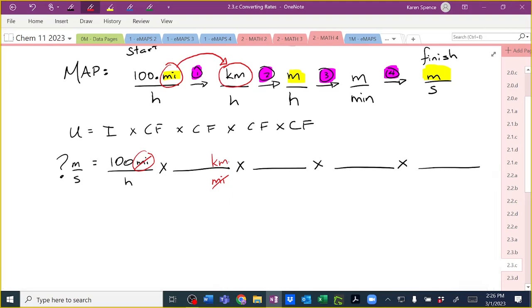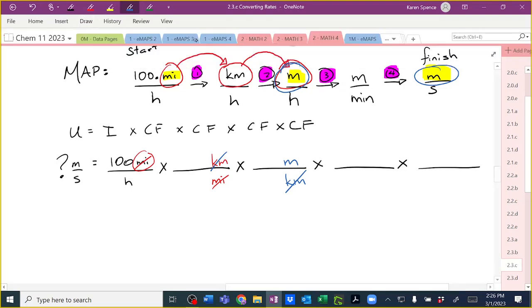Step 2, we want to go from kilometers to meters. So I want to cancel kilometers. Kilometers are on the top, so kilometers now need to go on the bottom. And that means that what I want to find, the meters, are going to go on the top. Boom, kilometers are gone. And look, I have made it to what I want on the top at the very end. So I'm going to stop messing about with the top part, leave it alone, and I'm going to go back